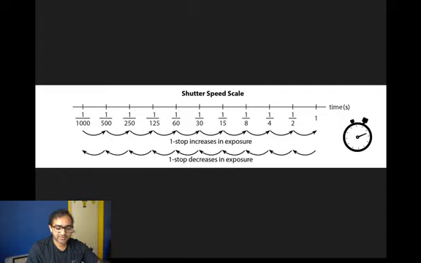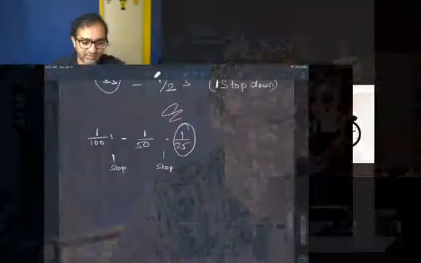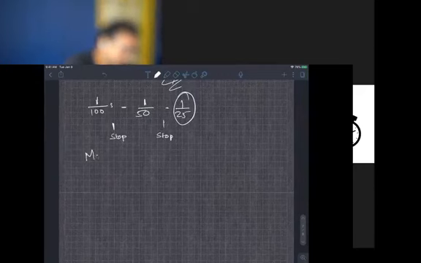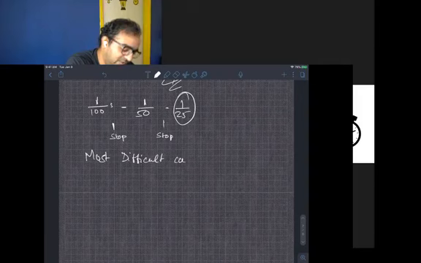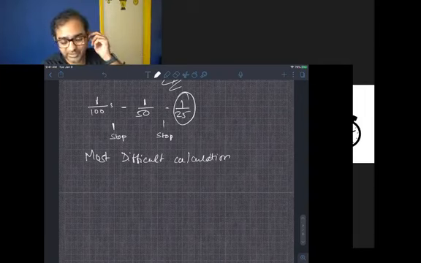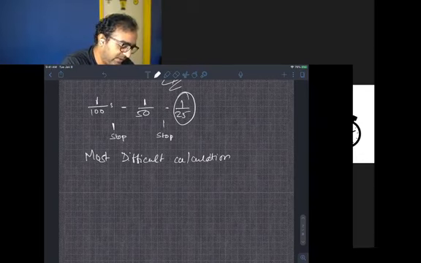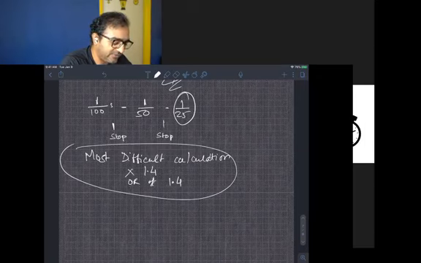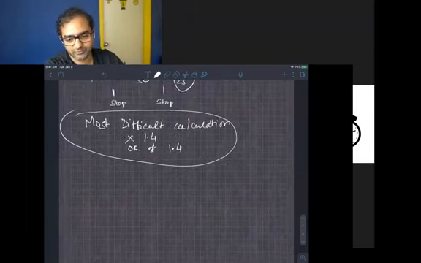Now here's the cool thing about photography, at least the technical part of photography. Realistically speaking, the most difficult calculation you'll ever have to do, assuming you don't do anything really complicated in photography, will be multiplying by 1.4 or dividing by 1.4. These are the most complicated calculations you'll ever have to do. And you'll understand 1.4 when we get to the next part.